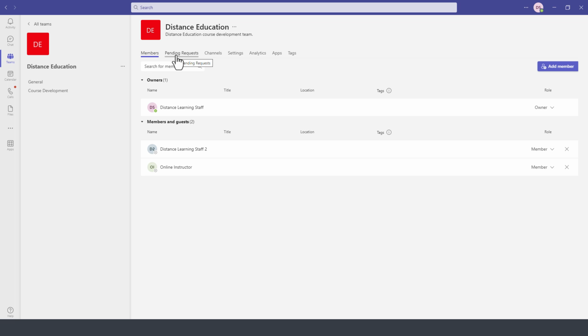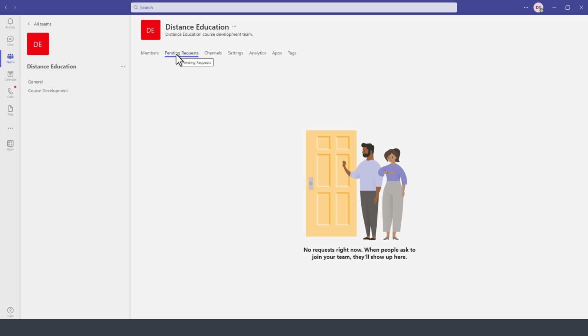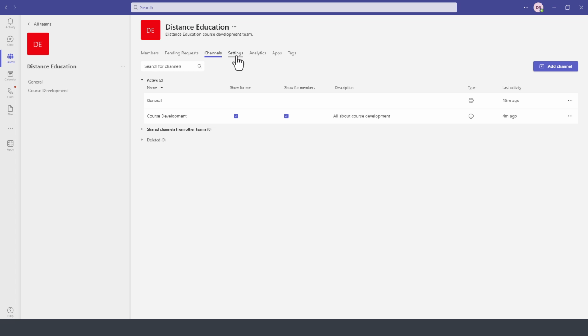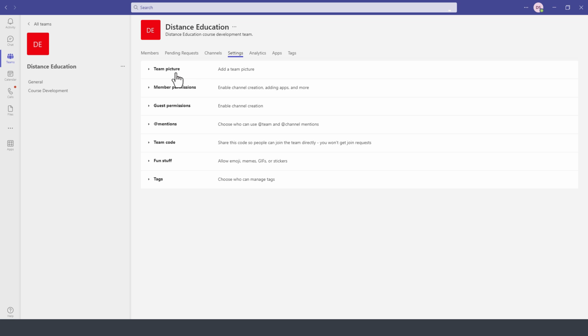If there are pending requests to join your team, they will show up here under pending requests, and then you'll need to approve those requests, provided your team, when you configured it, it was with approval only. Under Channels, this is where it will list the existing channels within your team, including the deleted channels for this particular team. Further down here you have the Settings option, and this is where you can adjust and change the